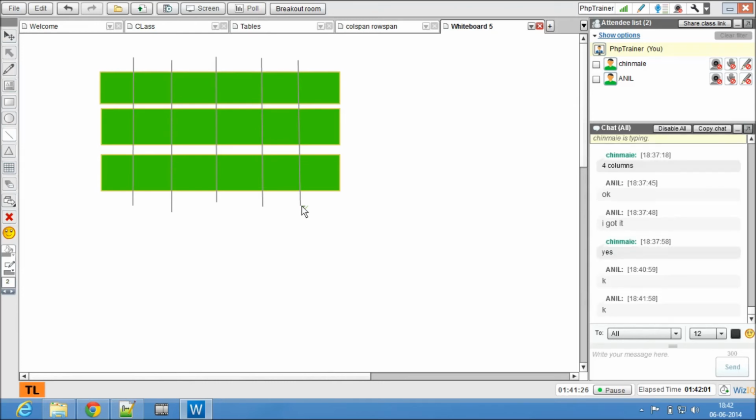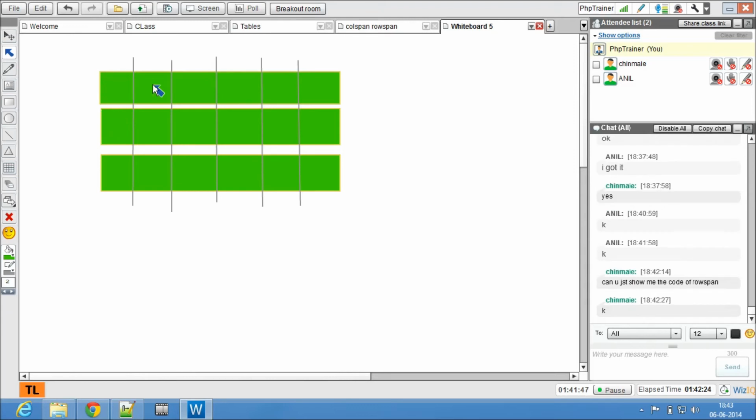Now put the table as it is. Don't do row span or col span the first time itself. Now if you want to merge these two, I'll show you, just give me a second. Just listen to this and then you'll understand that particular code.